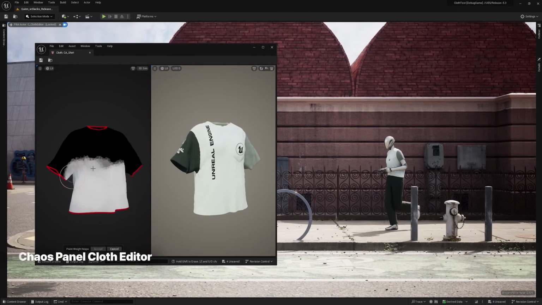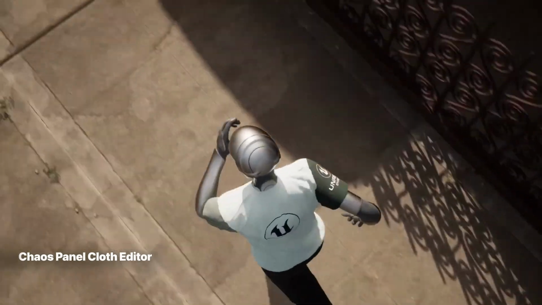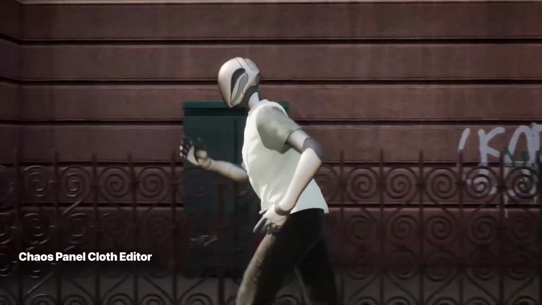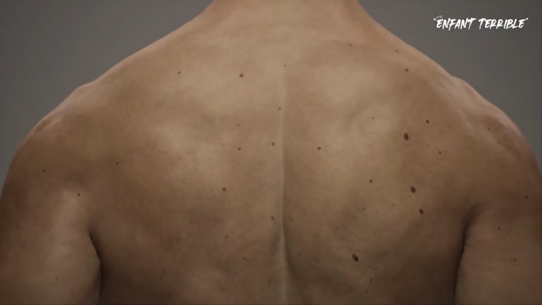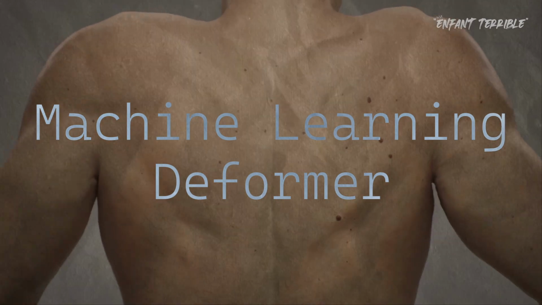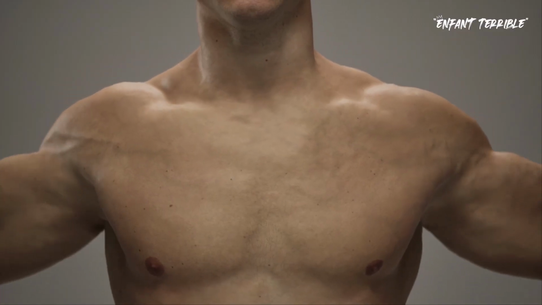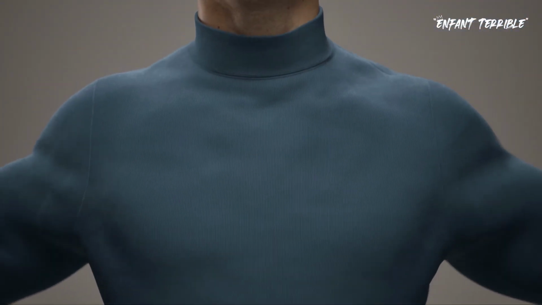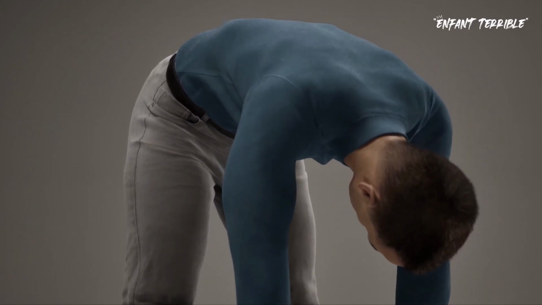Continuing with the animation topic, Unreal Engine now has a new Chaos Cloth simulation system, which looks way better than the current physics system. In addition to cloth simulation, they have also introduced a new deformation system called Machine Learning Deformer, or MLD for short. This algorithm is responsible for creating folds and deformations for both cloth simulations and organic characters, resulting in much more